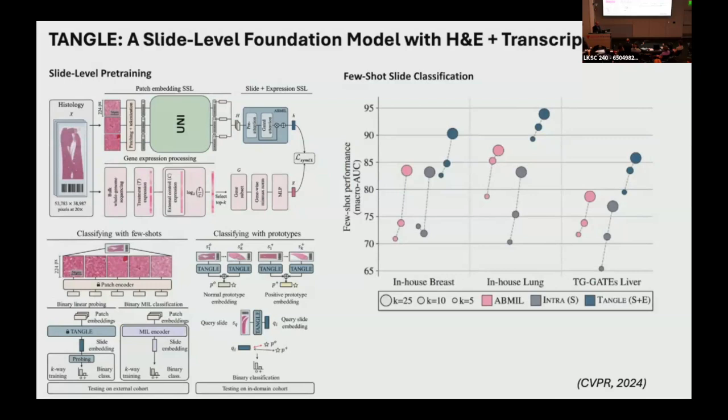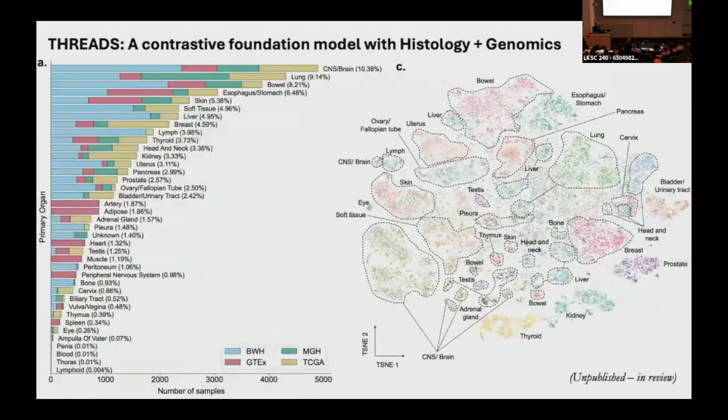So this means that if we contrast with molecular information in general, we should converge to a better image feature encoder. So that's what we tried to do here. This is a newer study that's currently in review. We're calling it Threads. We used all the molecular data that was available to us, including from the Brigham and MGH, so transcriptomic data as well as NGS data, and tried to see if we can build a single model by contrasting these